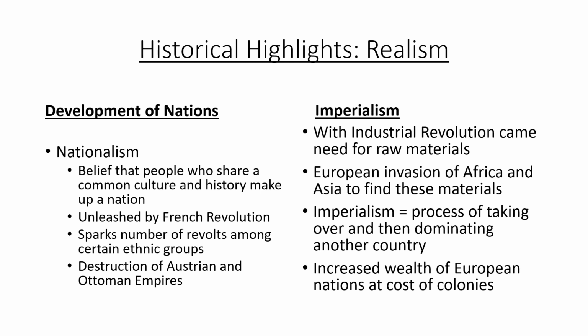And just as we did with Romanticism, we're going to go through certain historical and political developments that really shaped the way that realistic authors looked at the world around them and translated that into their literature. And the first thing that we need to look at is what we're going to call the development of nations. And remember, we talked about Romanticism, we talked about a number of events in European history and how you had this rise of people standing up and fighting for themselves and looking out for the individual. Now we're going to see that this continues, right?